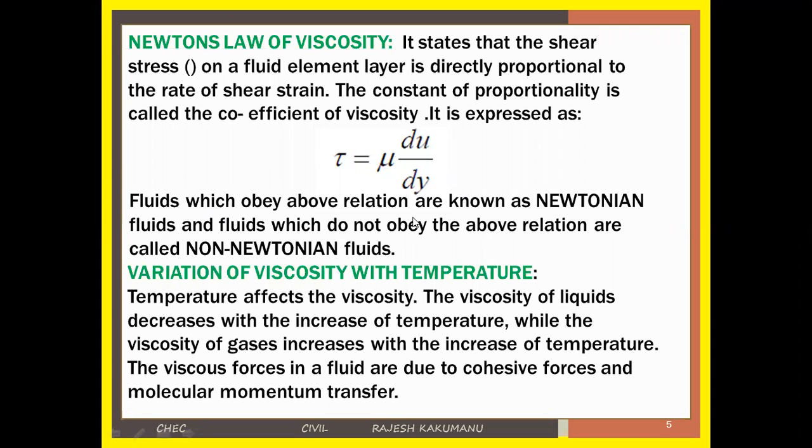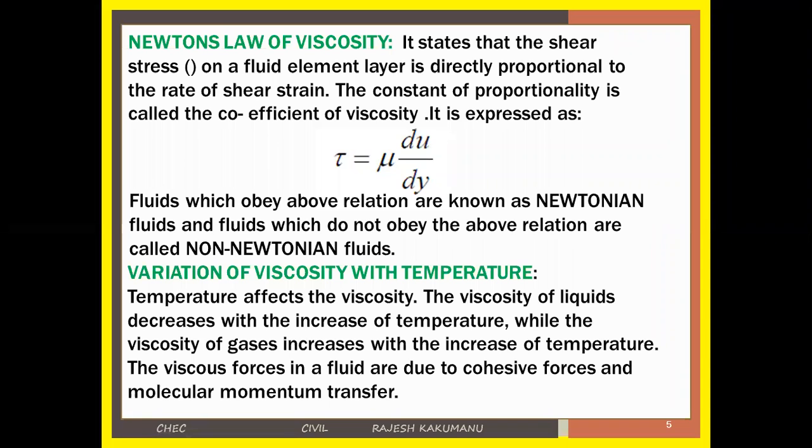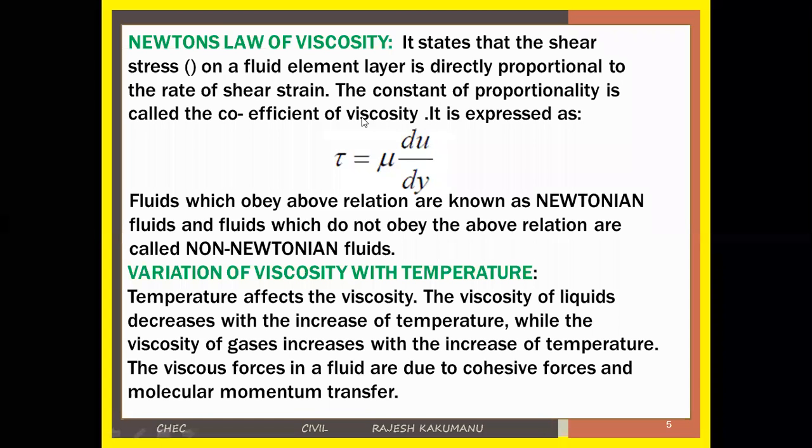Fluids which obey the above relation are known as Newtonian fluids, and those which do not obey the relation are known as non-Newtonian fluids. So whenever a fluid obeys this relation, we call it a Newtonian fluid, and whenever it does not obey Newton's law of viscosity, we call it a non-Newtonian fluid. Next,